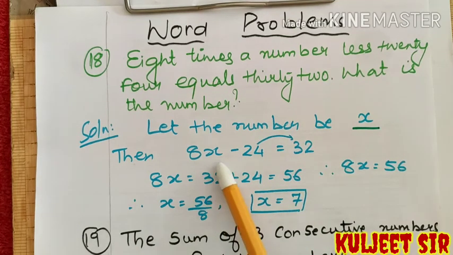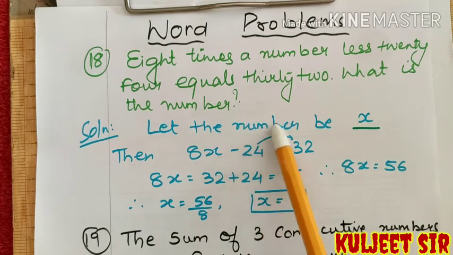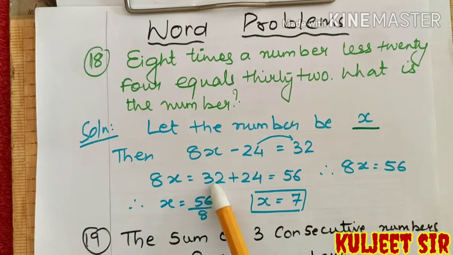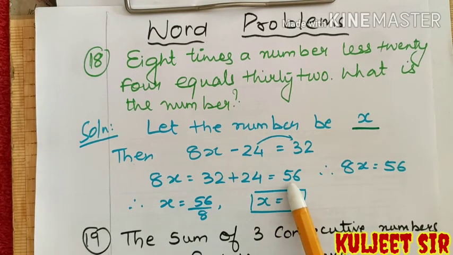Now again we need to find the value for this variable x. So what will I do in the next step? You can see I have shown minus 24 will go on the other side. So 8x remains as it is. 32 is the same 32 which I have written here. And minus 24 goes on to the right hand side and becomes plus 24, is equal to the addition of these two, 32 and 24. I get 56 as my answer.